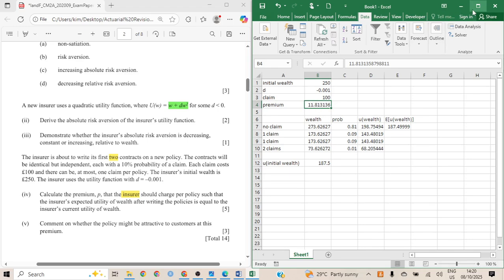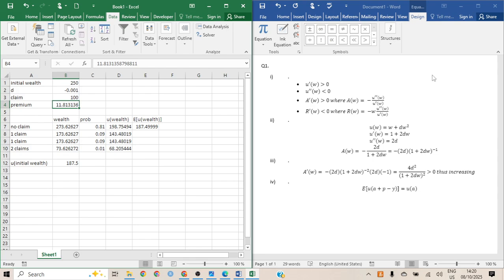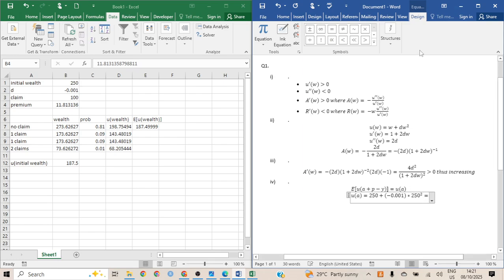So now what I need to do next is just copy that for the examiner here. So I'll start with utility of initial wealth, which is 250 plus D we had been given minus 0.001 multiplied by 250 squared. It is this value here, 187.5. From there, we are now calculating this other part. So expected utility of wealth